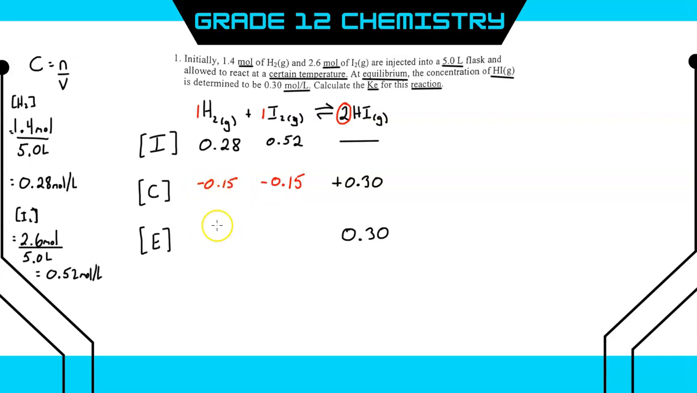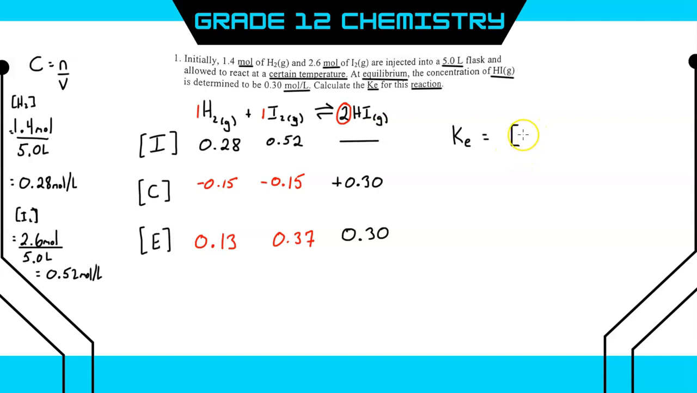So if we look at our equilibrium concentrations, we just subtract these values here. For hydrogen, we get an equilibrium concentration of 0.13, and for iodine, 0.37. So now that we know all of our equilibrium concentrations, we can write out our equilibrium law. So this is what we're trying to find, our equilibrium constant, and it equals